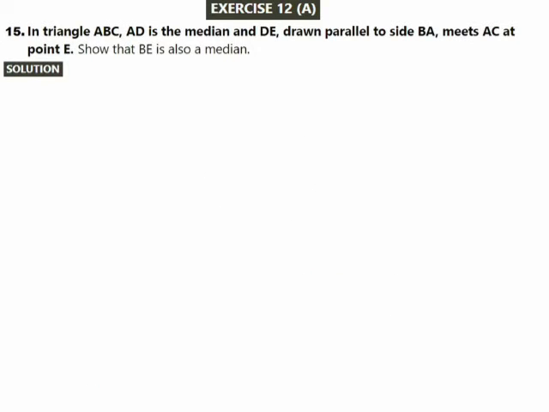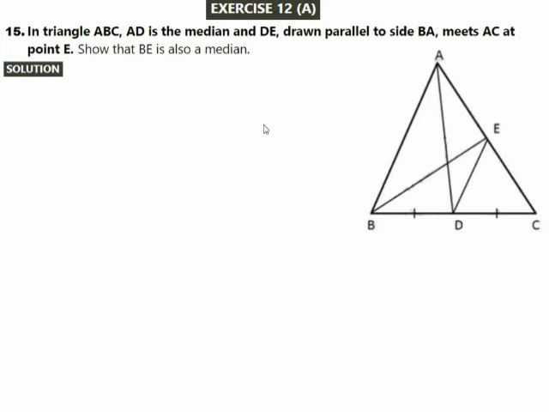Let's have a look at this particular question. In triangle ABC, AD is the median and DE drawn parallel to side BA meets AC at point E. So let's see what is the meaning of this. So there's a triangle ABC, okay, AD is the median,